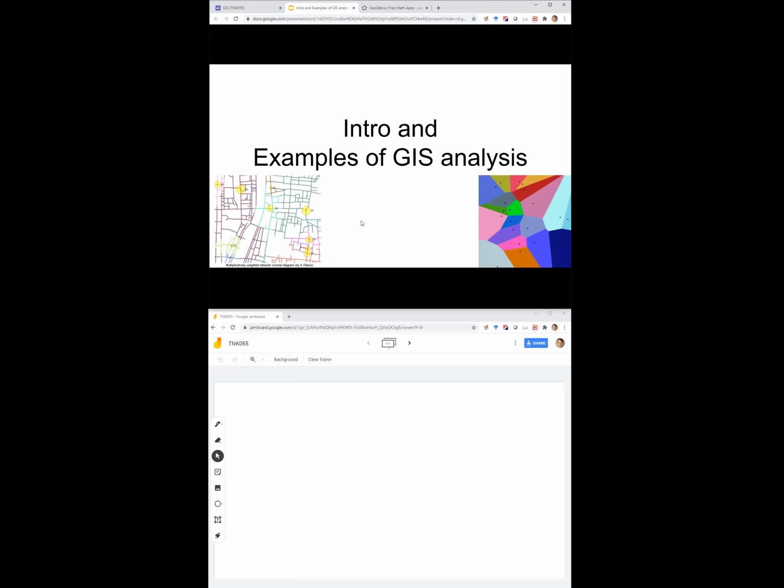So, if what you see right now on your screen is too small for you to look at because the slides are too small, you can open the slides in a separate window or in a separate application, whatever you use. And you can also open the Gemboard separately in an application or in a window, so you wouldn't have to always look at the Zoom. Anyway, I'm starting to draw on the Gemboard, so this will be about the Voronoi diagram.